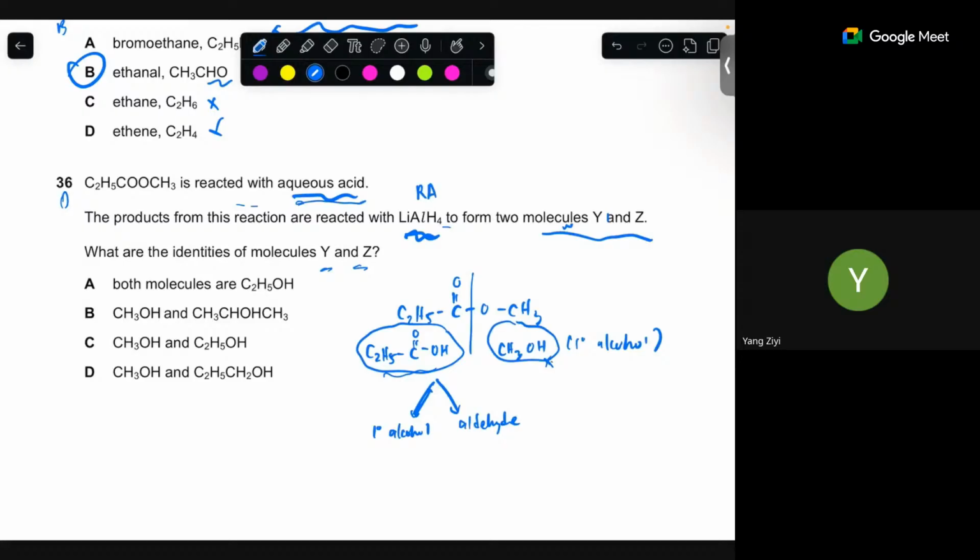So this one cannot react with the LiAlH4, so it will remain as it is. But no aldehyde will be formed, because it's a strong reducing agent. So straight away from the carboxylic acid, they will form the primary alcohol. The alcohol is C2H5, then CH2OH, and this one is hydrogen and hydrogen. So you will have C2H5CH2OH. So the answer is D. Now